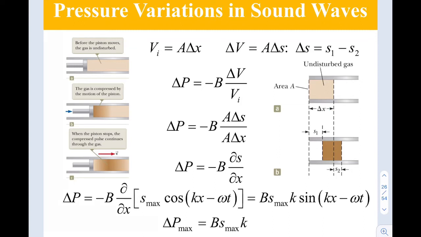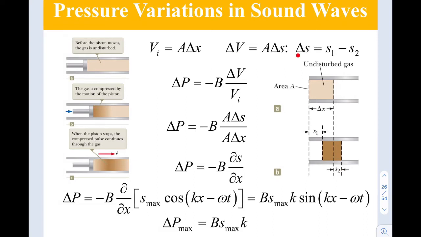Now when the piston is moved to the right, what will happen? The gas is going to be compressed and slightly displaced from S1 to S2, right? So initially, before it is disturbed, the volume is equivalent to A delta X. And then after it is displaced through delta S, S1 minus S2, the change in volume is equivalent to